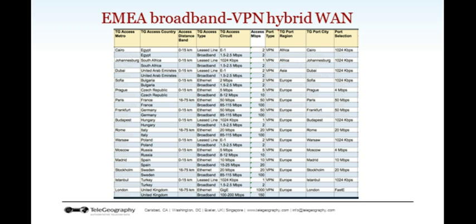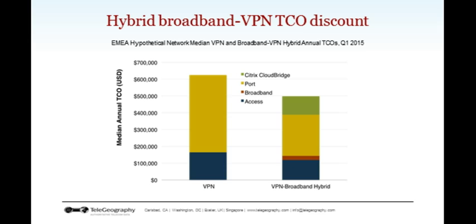So we still have MPLS at every site, but less MPLS by at least about 50%. To make sure that capacity is still there, we added in a broadband subscription of at least that amount. In some cases, we had a plan available that was even more than the original MPLS size, so we've added that in. The net effect is that you've actually increased the average megabits per second per site by about 25 megs. So you actually have more capacity in this network than you had before, and you still have MPLS at every site, but broadband at every site now as well.